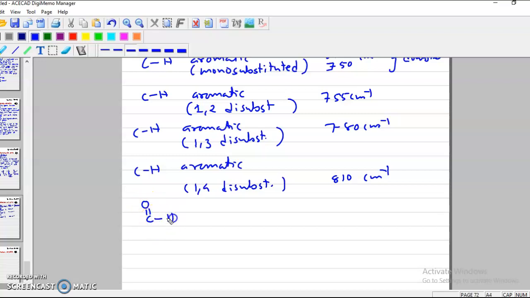is a carbonyl group and it is aldehydic CH. So this is called aldehydic CH, and that is stretching. Here we will always find a doublet at 2825 and 2717 centimeter inverse, and these are a doublet because of aldehydic CH. Okay, so this is in general about CH